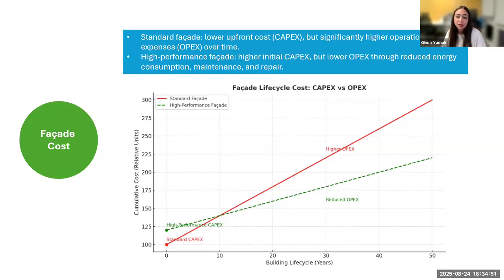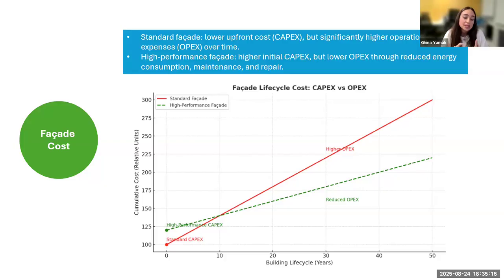But the biggest part of the OPEX is the energy: heating and cooling, ventilation, the lighting, all heavily influenced by the facade. A poorly performing facade can drive energy bills through the roof, with up to 60% of energy losses happening there. So if we want to talk about the CAPEX and the OPEX